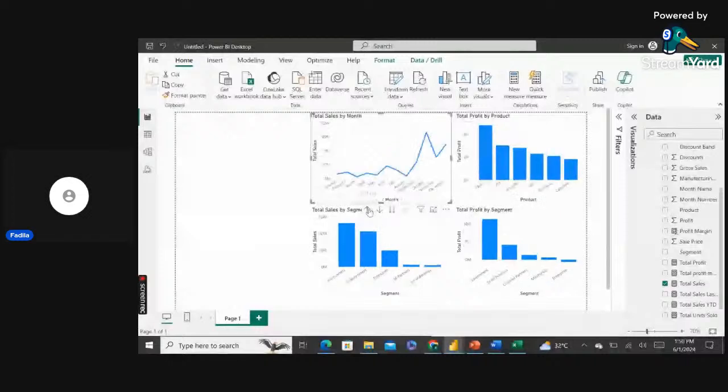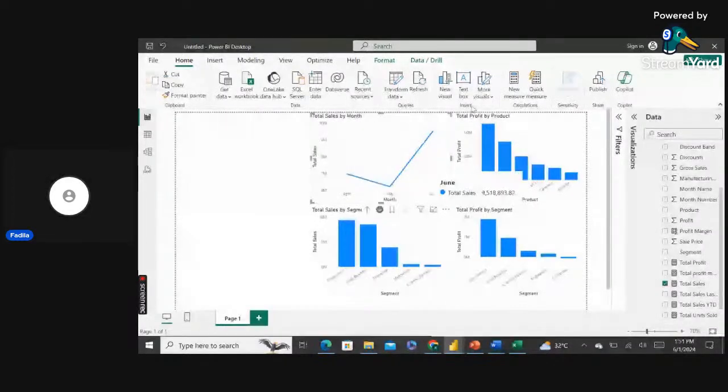Oh, drill is on. So I know the total profit we made for each product for that quarter. I know the total sales by segment we made for that quarter. I know total profit by segment as well, apart from total sales that we made by segment, all for this particular quarter. So depending on what they ask,